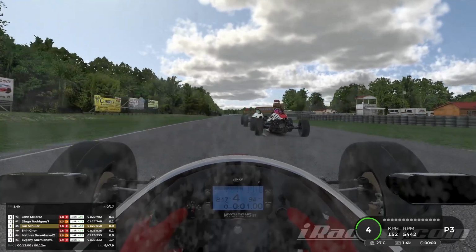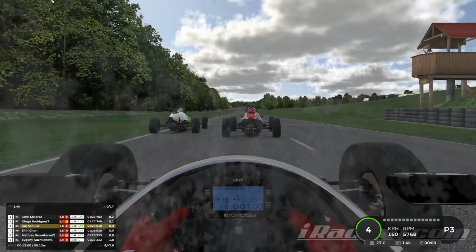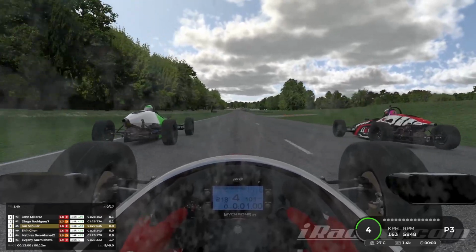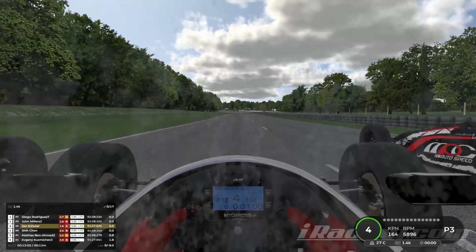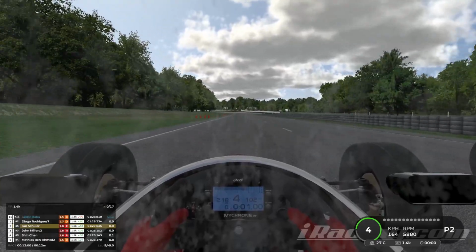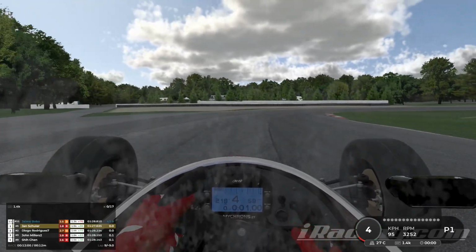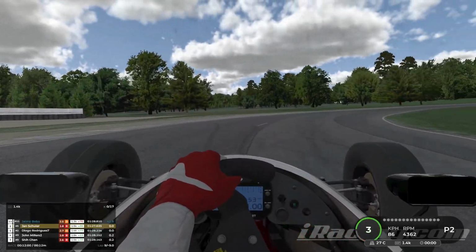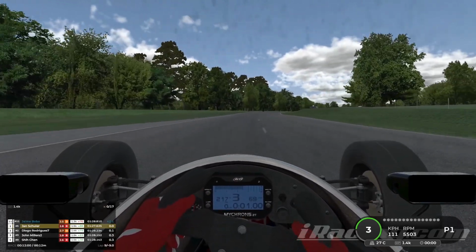This is probably the penultimate lap. Actually, I think this is the final lap, and it looks like Miller is actually going to go onto the grass. He's going to lose speed, and Rodriguez, and we're doing what Chen did identically last lap. We're going down the middle of both of these cars, and Miller is very, very slow, so it's going to be me and Rodriguez into turn 1. I have outside, he has inside. Let's see what happens. We're going to leave him enough space. We almost touch wheels, and we're going to go around the outside,